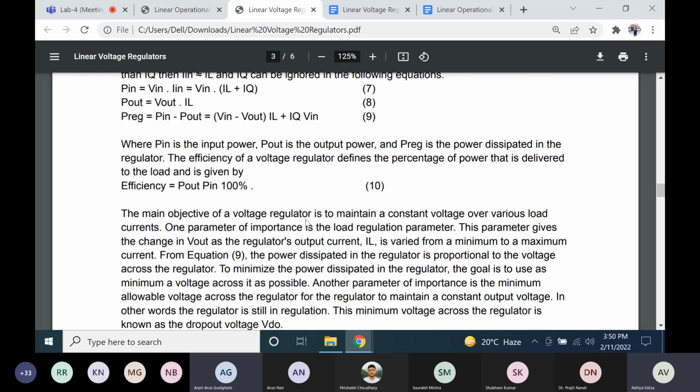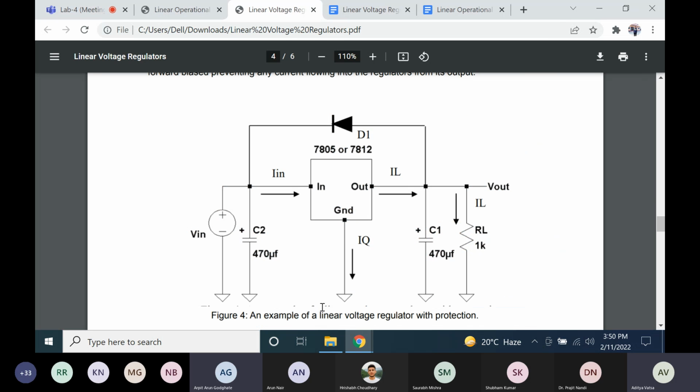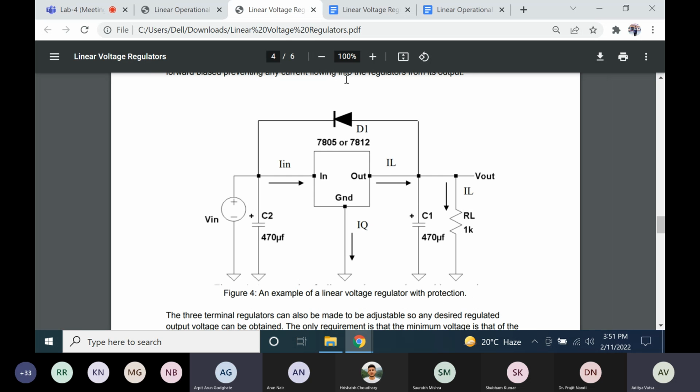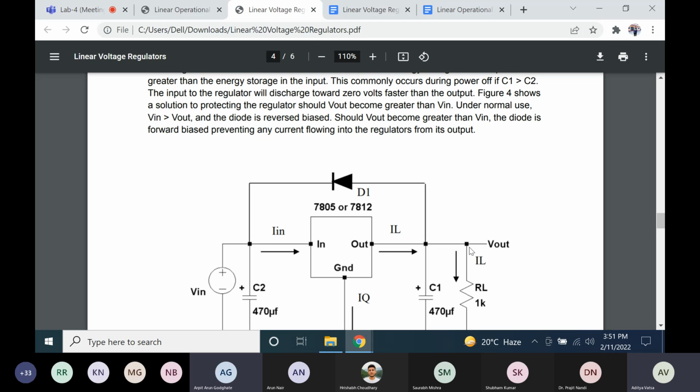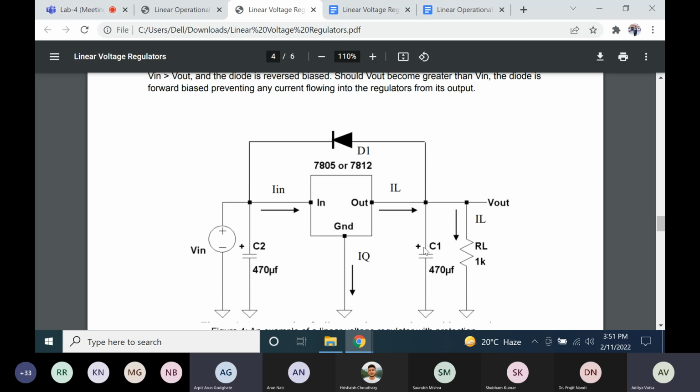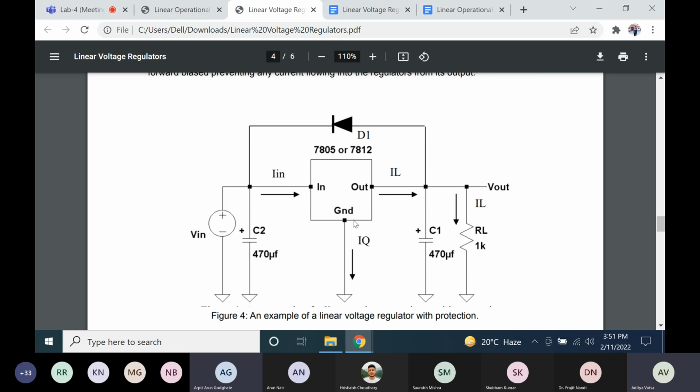Now we are using some protection for this IC. Sometimes in the lab we see that the IC is burnt. So here we are using a protection. The value of V in should be greater than the value of V out, so that this circuit works properly and the current flows in the right direction. If the value of V out at some moment becomes greater than V in, the current will start flowing in the reverse direction, there may be some problem in the circuit, and the IC may get burned. How will that arise? That may arise when the charge stored in C